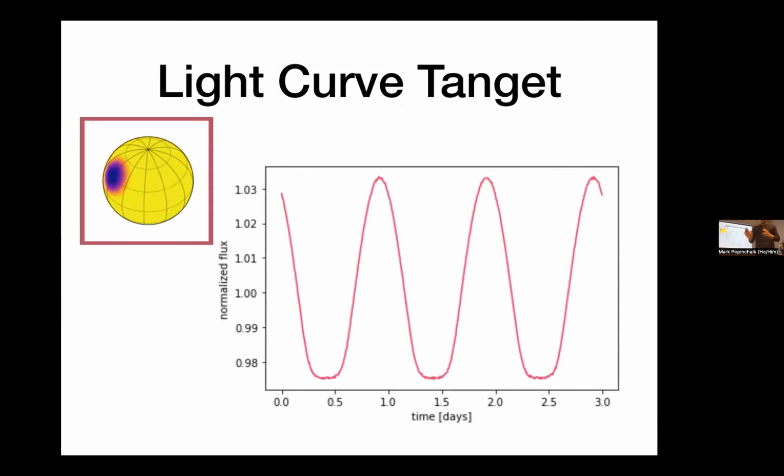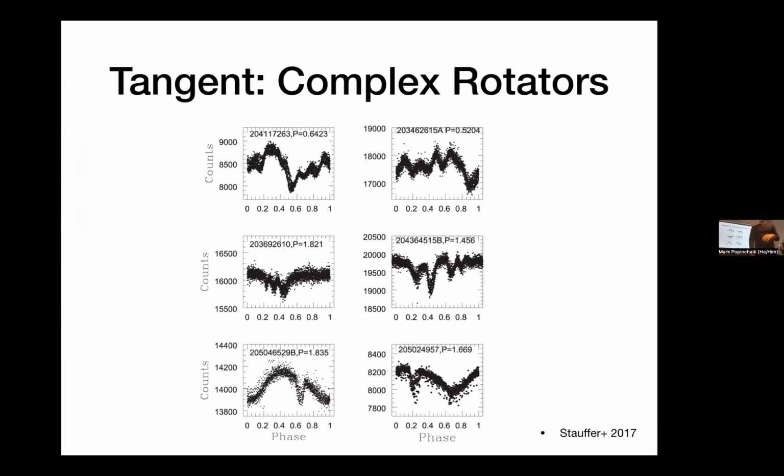If you were to phase fold these complex light curves, these complex rotators, you get very different shapes than a simple sinusoid. You get these real peaks and valleys, and these peaks and valleys repeat on the time scale of months, one object maybe all the way up to a year. But you get these really sudden changes in the brightness, which can't be due to just star spots alone. If it was a star spot, it would have to take at least like half the rotation